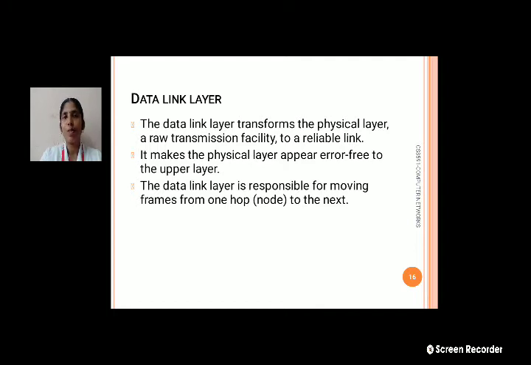The main responsibility of the data link layer is to move frames from one node to another node, whereas the main responsibility of the physical layer is to move bits. In the data link layer, the bits are encapsulated into frames, and then the frames are moved from one node to another node.